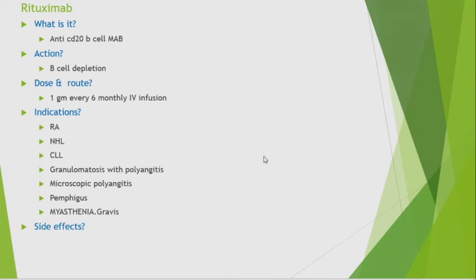Sir, side effects, they are prone to have severe infusion reaction. So sometimes we give methylprednisolone before giving that. Usually, always we give. Yes, sir. And they're prone to cardiac arrest and acute kidney injury. They can have tumor lysis, no? Just like any other drug. And they are prone to all types of infections, reactivation, TB, and so on.